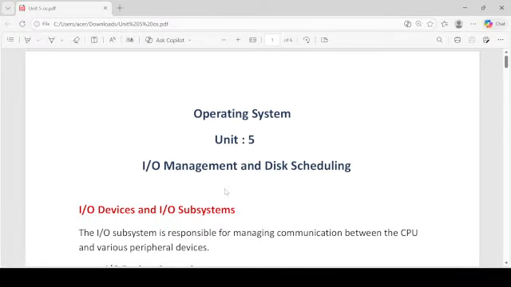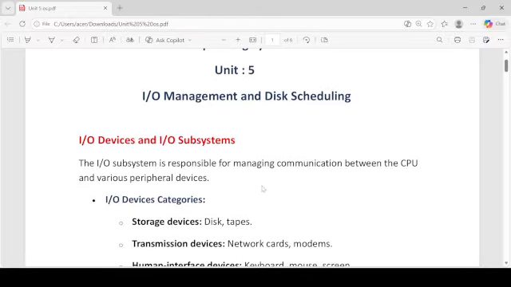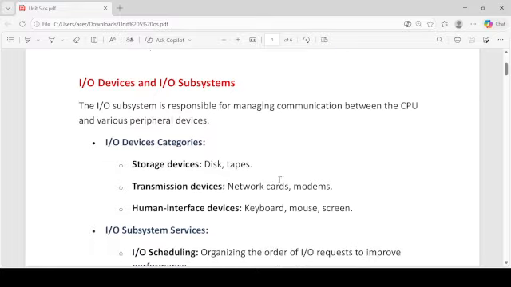So let's start. The first topic will be input output devices and input output subsystems. So what are input output devices? As we all know, these are the hardware components that allow a computer to communicate with the user and other systems. This is responsible for managing communication between CPU and peripheral devices. I divide this into three categories: storage devices, transmission devices, and human interface devices. The first one will be storage devices like disk and tapes. Another one is transmission devices like network cards, modems, and the third one is human interface devices, which are keyboard,